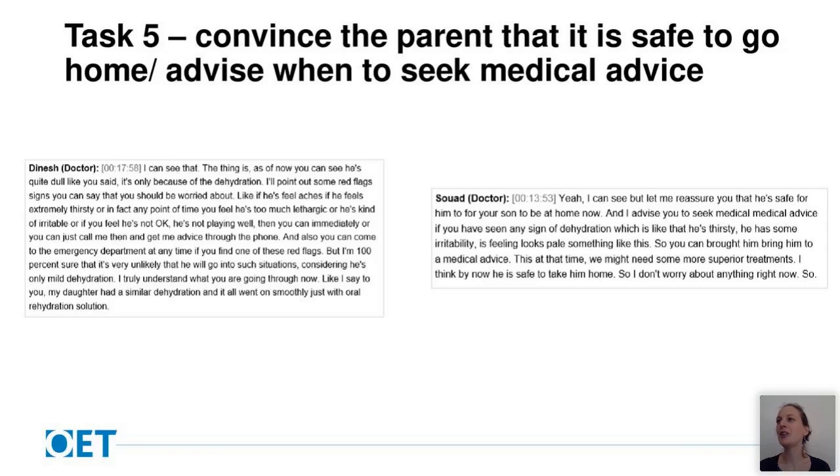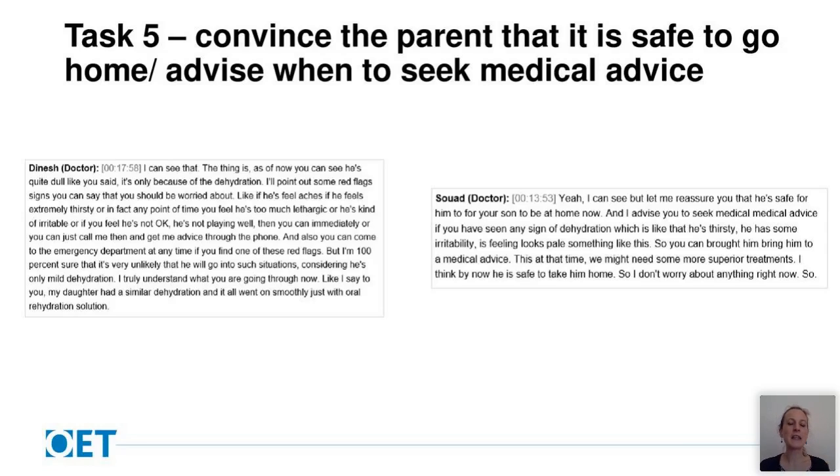Edward picks up, you should never say I'm 100% sure, which is, I'm sure, correct medically speaking. You wouldn't be penalized for that in OET because, as I mentioned earlier, you're not being tested on your medical accuracy. But I can appreciate as a doctor, you might feel like that was a mistake. So Farhan is saying the left explained the red flags and gave reassurance. Afolabi said it was convincing on the left. Dozy says that the left is better because of the explanation and reassurance.